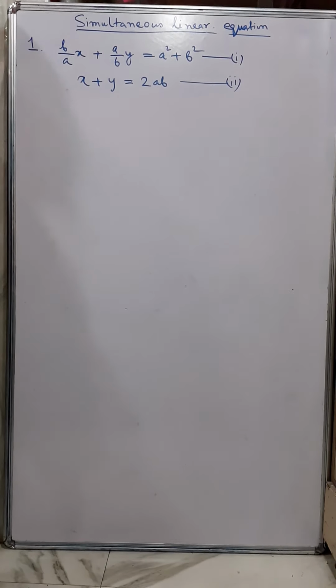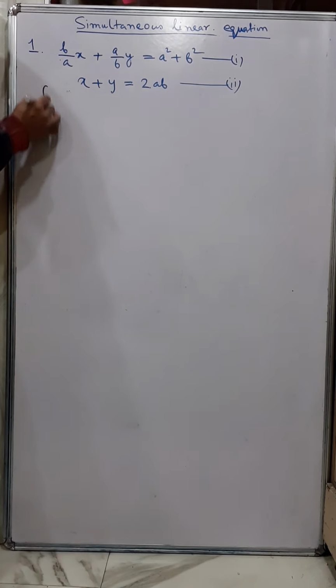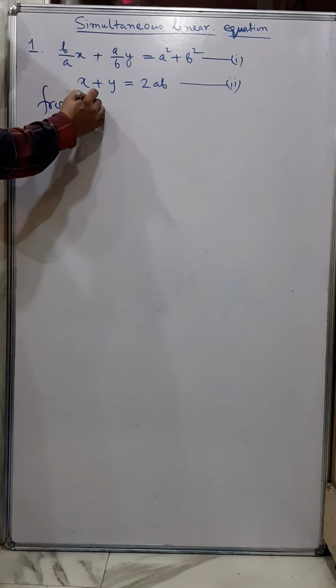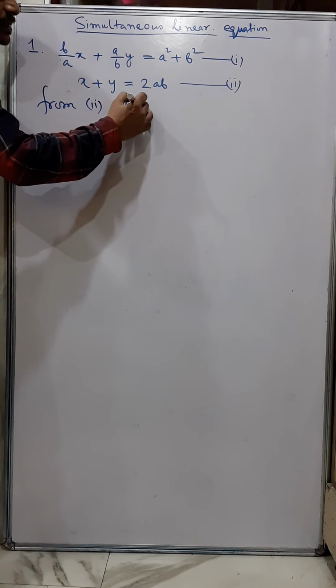Okay, today we'll do harder sums of simultaneous equations. Now if you see in this sum, we can do this in both methods, substitution and elimination method. So I'll explain both the methods here. So from equation 2, we can say y is equal to